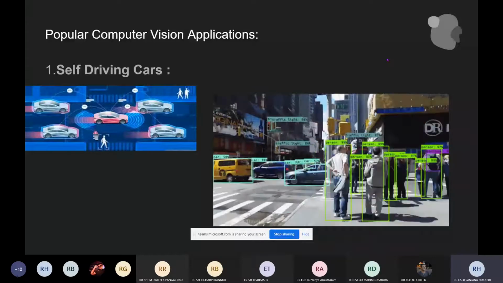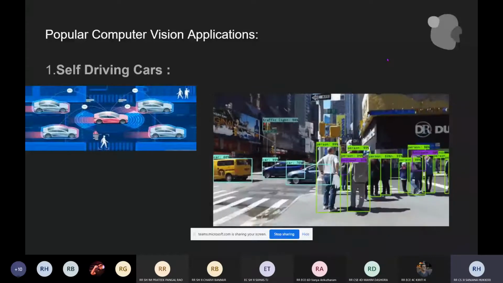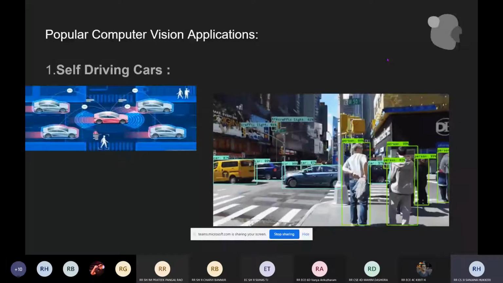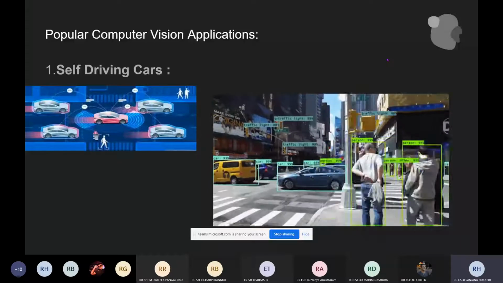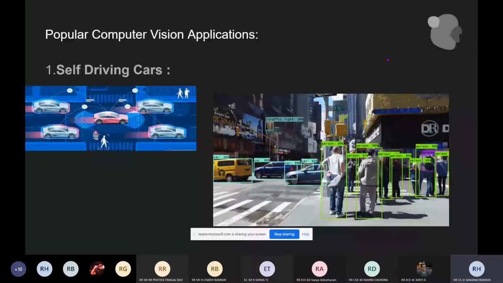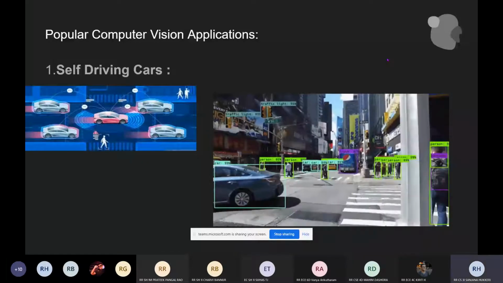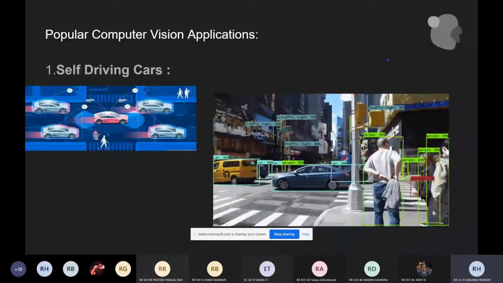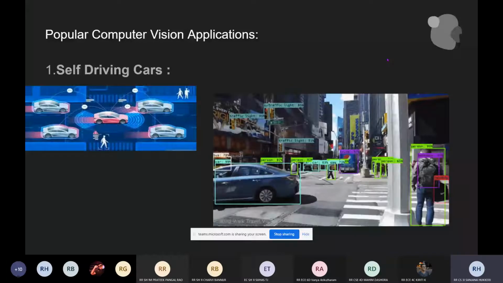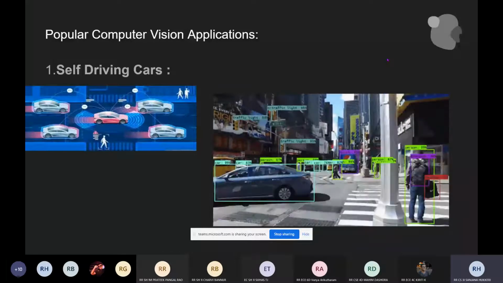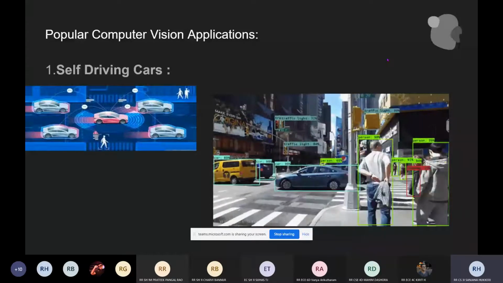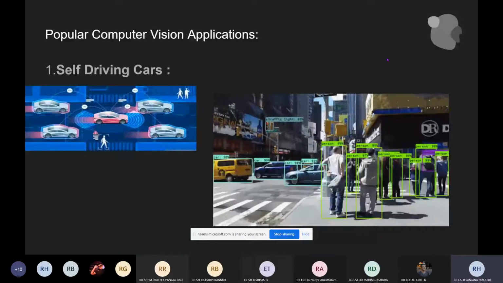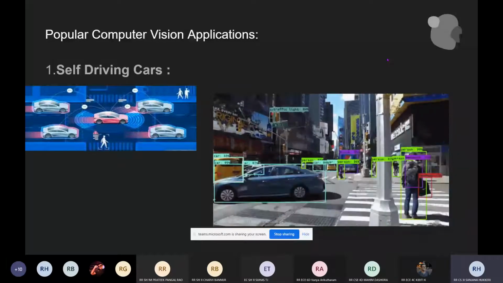Image classification is determining what the objects in the image are, like a car or a person, while image localization is providing the specific location of the objects. To perform image classification, there's a thing called CNN, or convolutional neural networks, which are trained to recognize various objects like traffic lights and pedestrians, and is used to classify them also.